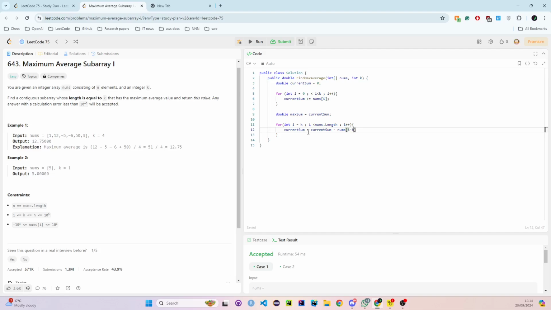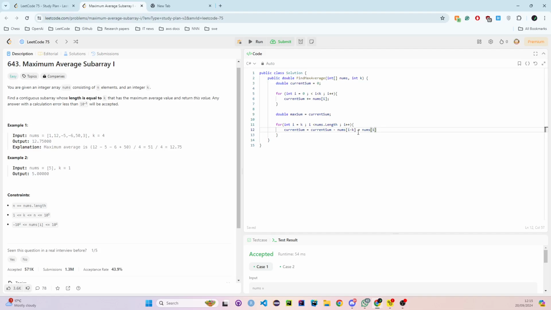The reason we do i minus k is because, let's say our current i is 4, so 0 1 2 3 4 minus 4. What we do is i minus k, we ignore this, and we say plus nums at